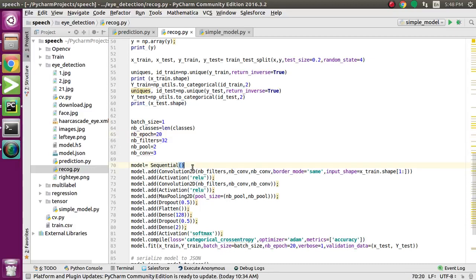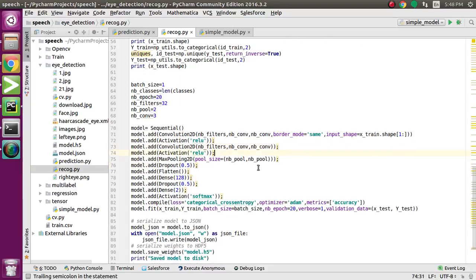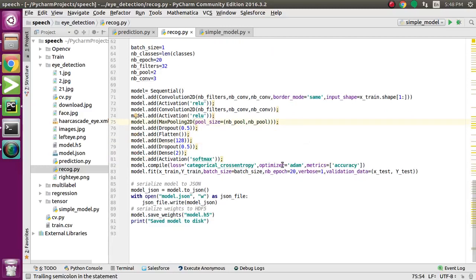First of all, I applied a sequential model, and then one by one I am adding layers to it. First is convolution 2D, passing a filter of size 32 with kernel size 3, border mode same. The input shape is the one I mentioned above for my dataset. Then I applied activation. After that, a second convolution 2D, then activation, then max pooling to take the largest value from the pool. Then I apply dropout for overfitting. Then flatten the whole array.